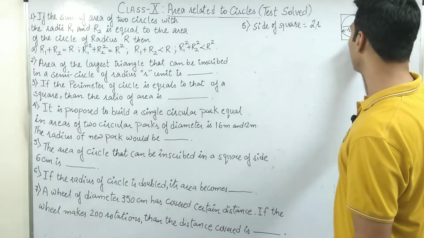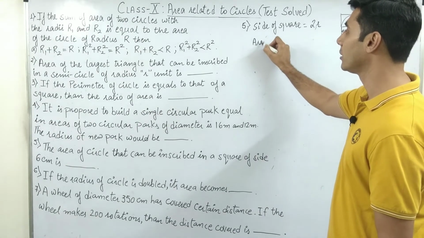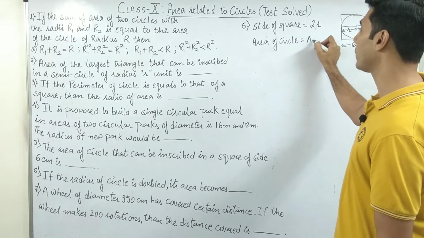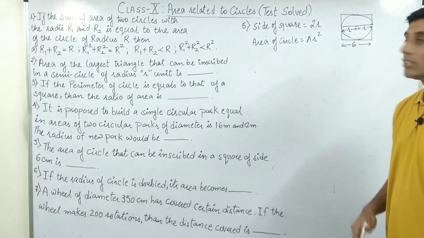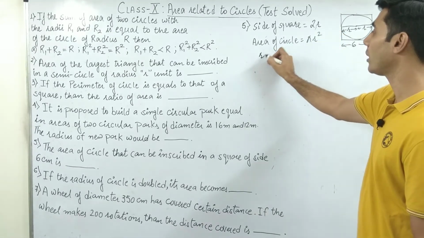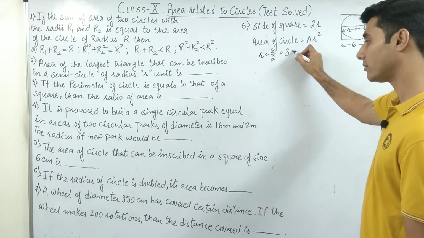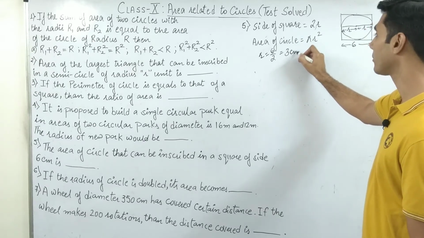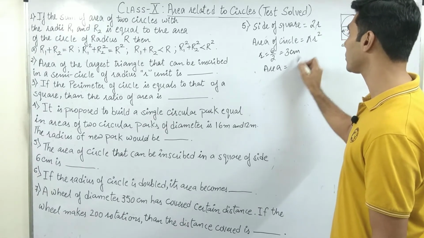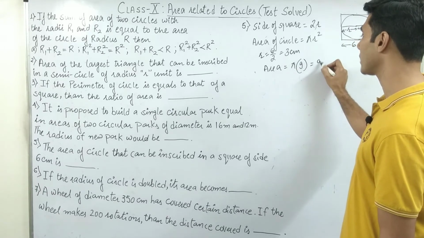So आपको यहाँ पर ये पूरा का पूरा कितना दे के रखा हुआ है? 6 centimeter. So what is the formula of area of the circle? So area of circle should be equals to pi r square, correct? So that means r के जगह पर कितना हो जाएगा? 6 is equals to 2r. So r should be equals to 6 upon 2, that is equals to 3 what centimeter? Hopefully, right? Let's put down the value. So the answer is that area should be equals to pi की जगह पर pi, r square की जगह पर 3 का square is 9, so answer is 9 pi.